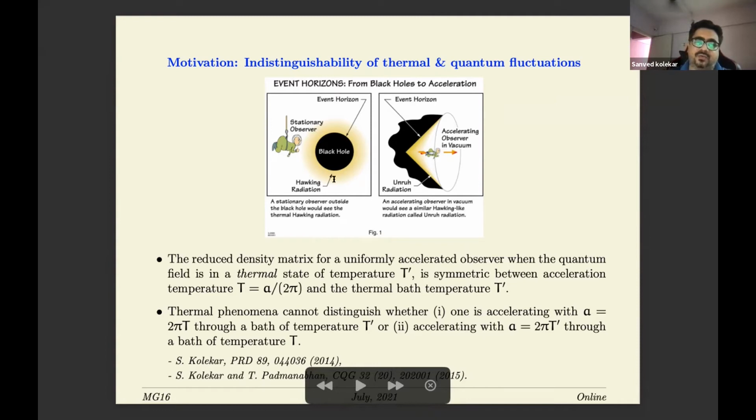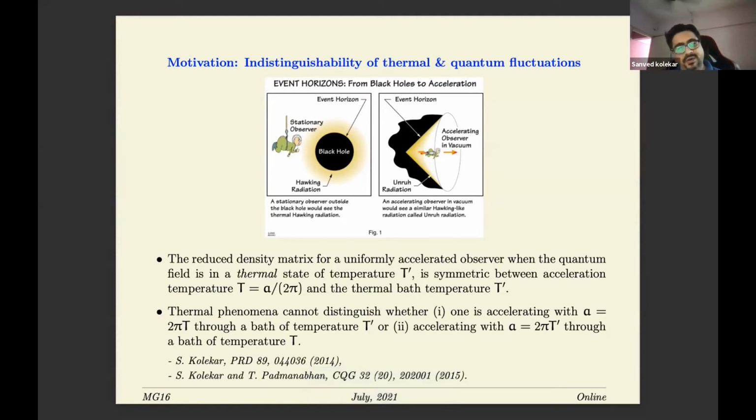Now one could ask what could happen in the case of the Schwarzschild spacetime. In the Schwarzschild spacetime, we do have the Hawking radiation, and this Hawking radiation is, let's say, measured by these stationary observers. So these are the r equal to constant, usual stationary observers. If they have a thermometer and you have the Hartle-Hawking state, let's say, then we know that they are going to detect this thermal radiation.